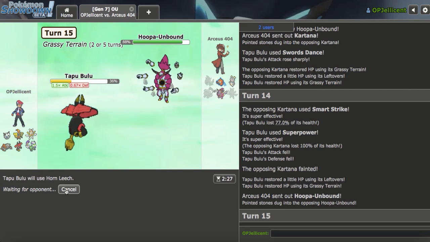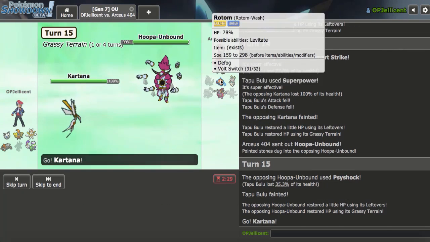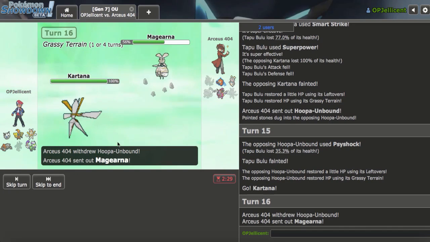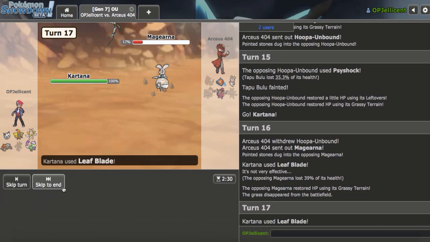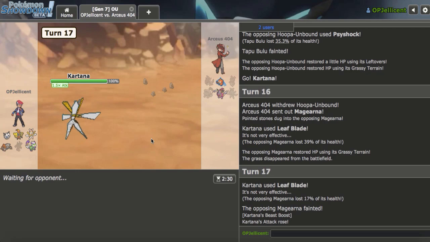They would just, I guess, Psychic here to knock me out. Yeah, Size Shock. And then I just go Kartana now and click Leaf Blade a few times, and that's going to be it. This Grassy Terrain definitely guarantees the kill on this. This won't help them. Yeah, 39, meaning that this next one will knock them out. And then, yeah, none of these last two Pokemon can take my Leaf Blade right here, so...